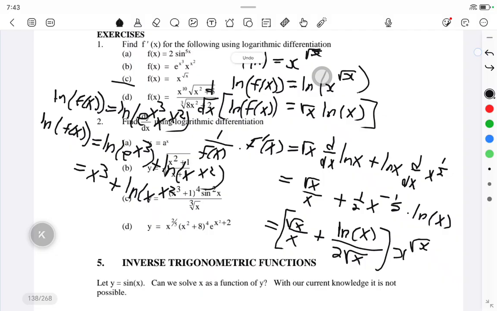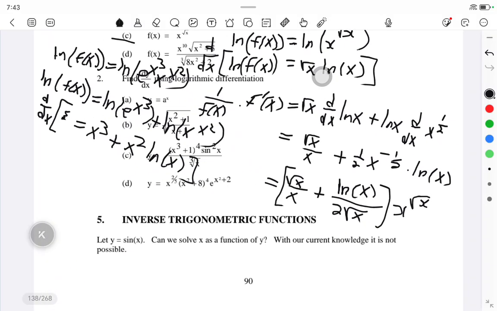Maybe like this one, I can also drop the x squared. I don't have to go through the long road. I can just drop the x squared and have ln of x. Then when I introduce the derivative on both sides, let me not write that because of space. Deriving ln of f of x will be 1 over f of x times f prime of x, which will be equal to, if I derive this,